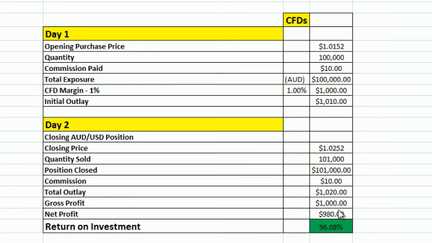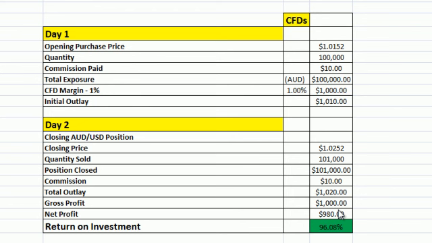If we had a $1 million position, that'd be far greater, obviously, which would be brilliant. And in this case, our net profit is going to be $980 because we're going to take away the $20 for commissions. So our return on investment is rather handsome at 96.08%, which just shows you the power of leverage with FX. Keeping in mind, if that position went down a cent, so instead of 101.52 where we bought it,